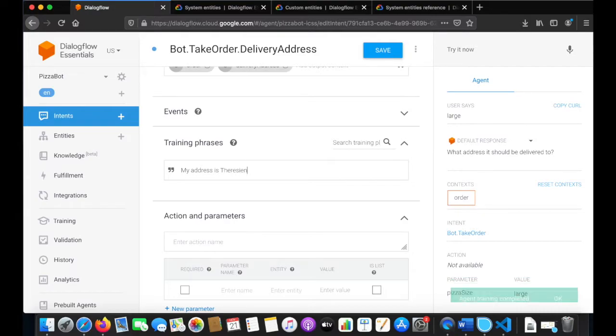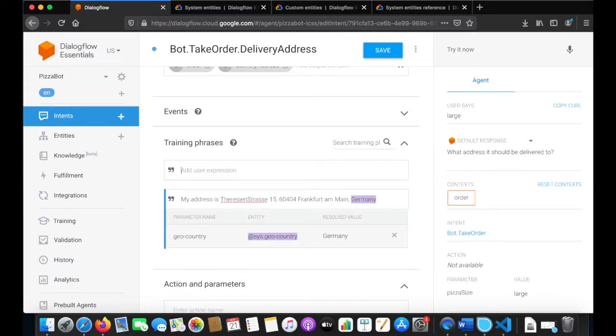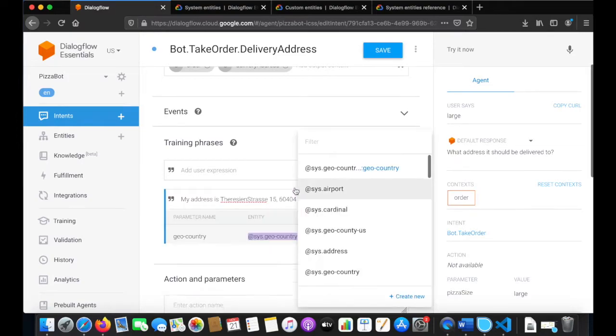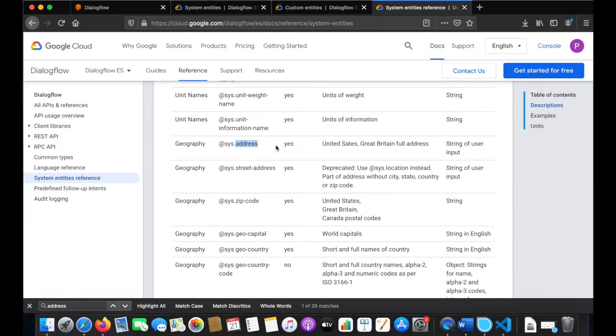Theresienstraße 15 and 60404 Frankfurt Main, Germany, for example. So see, the moment you write Germany, it immediately recognizes this is a country which it needs to extract, and so it has this